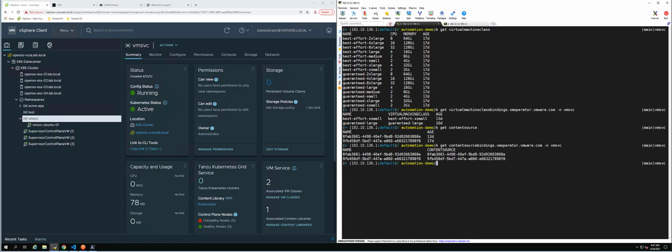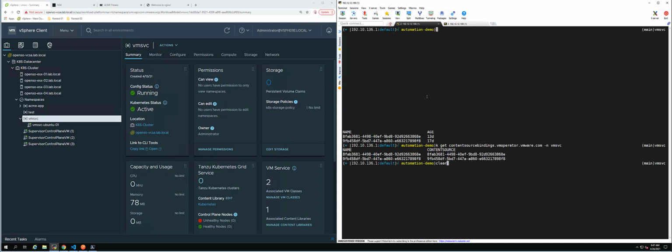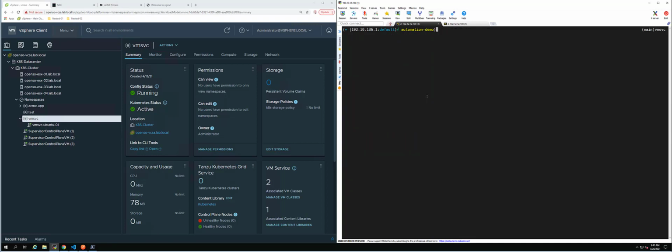One is for Tanzu Kubernetes Grid, which is enabled on that namespace, and the second is for the VM service, which is enabled on that service. So as you can see, everything is also a Kubernetes object where you can see that, declare that, check that, and everything else. So that was our first part of the demo, basically creating a VM and creating a namespace